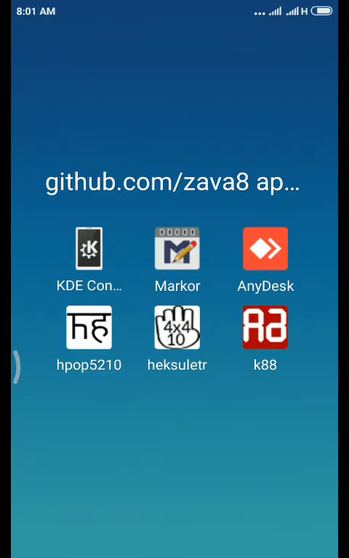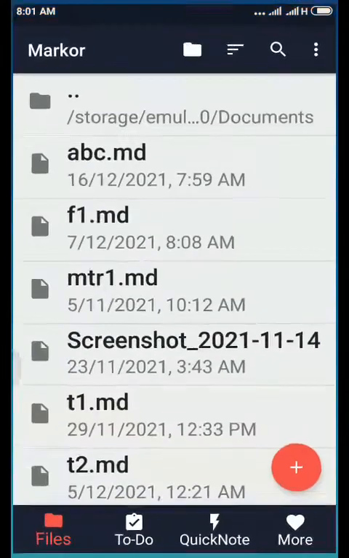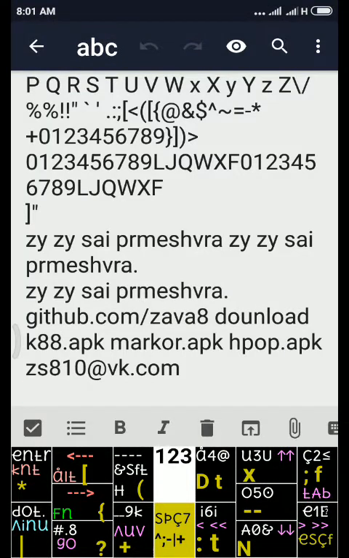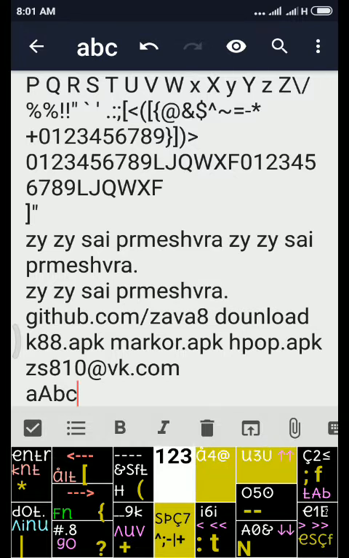OS. So first we will open Marker and check if this keyboard can edit all the characters or not. We will start with ABC. A, capital A is also there. B. C, C is written in white, so we do not need to grow it. D, we have to grow D. It looks like D because these five black rectangles look like D. So we will double tap to make it D.